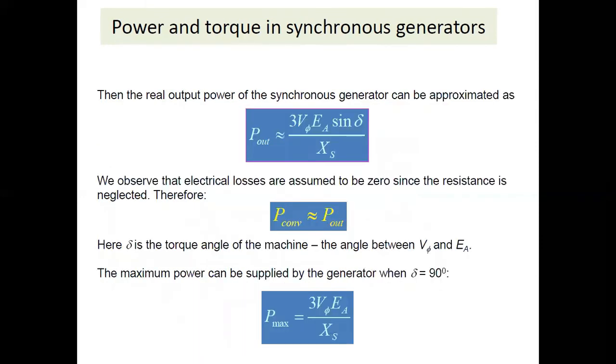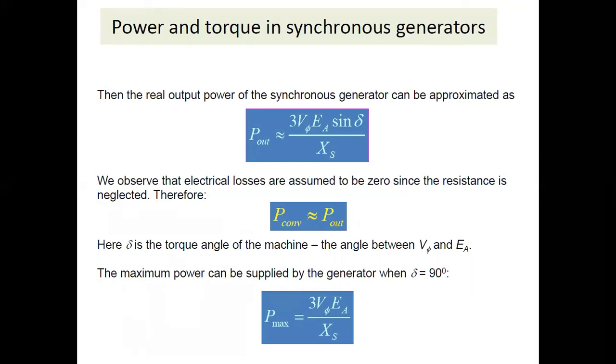Then the power and torque in a synchronous generator. The equation is given by P_out approximately equals 3 into V_phi E_A into sine delta by X_S. If you observe, the electrical losses are assumed to be zero since resistance is neglected. Therefore, the output power is equal to the